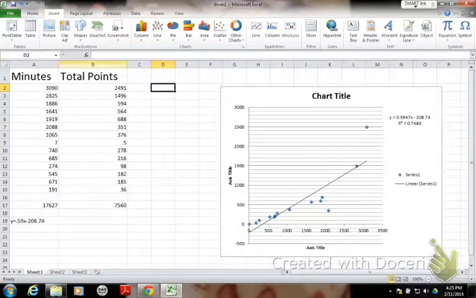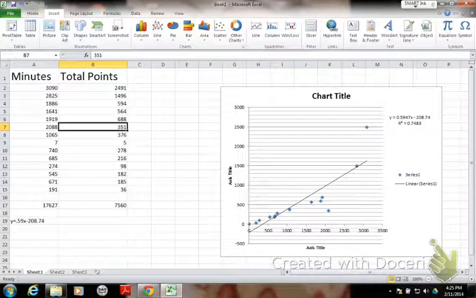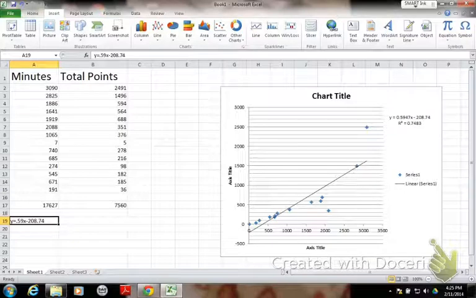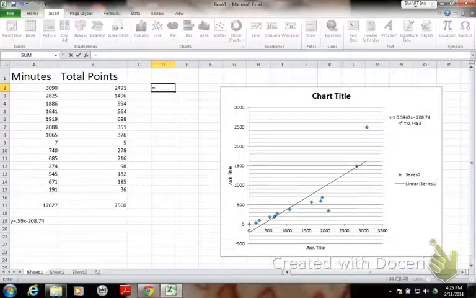Now let me just show you real quick. Okay, so for example, these are the actual points scored, whereas this equation predicts how much points you should score if you play a certain amount of minutes. So what I'm going to do is just basically take this, press the equal sign, and type in the multiplication of the problem. So I'm going to say if I take 0.59 and multiply this block to it, and then I add and subtract 208.74,